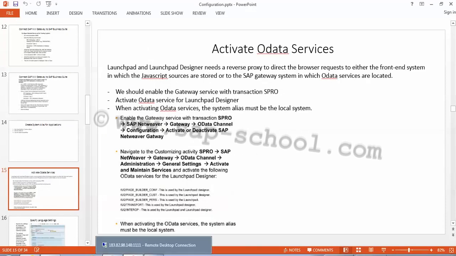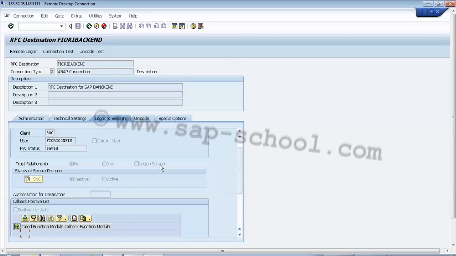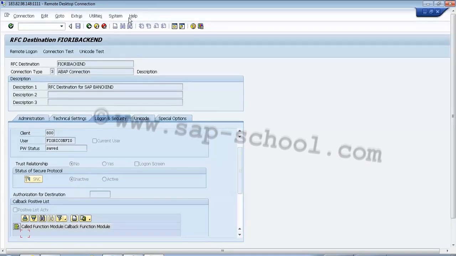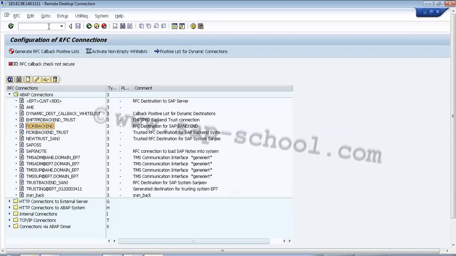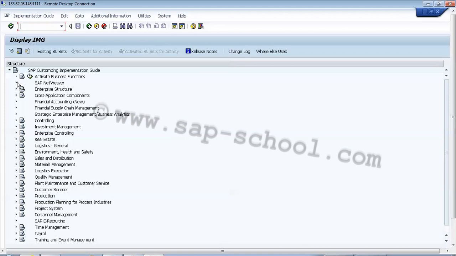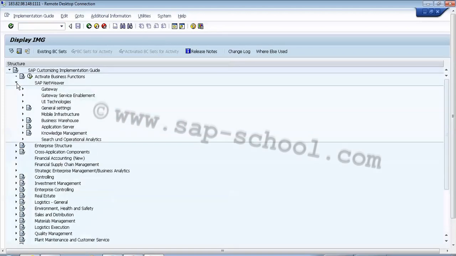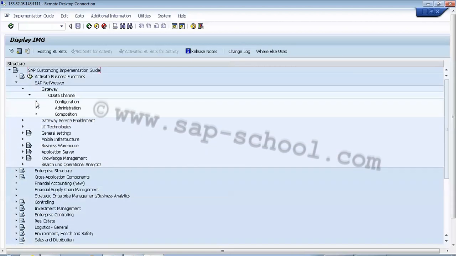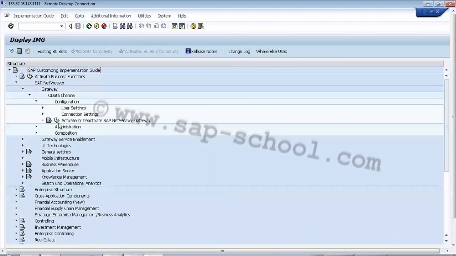After that we have to navigate to the customizing activity. In SPRO again we go to SAP NetWeaver, then Gateway. Inside Gateway we go to OData Channel, then Administration. Instead of Configuration we go to Administration, then General Settings, and then Activate and Maintain Services. If we go here in Activate and Maintain Services, we have to activate the few services which are meant for the Launchpad Designer.